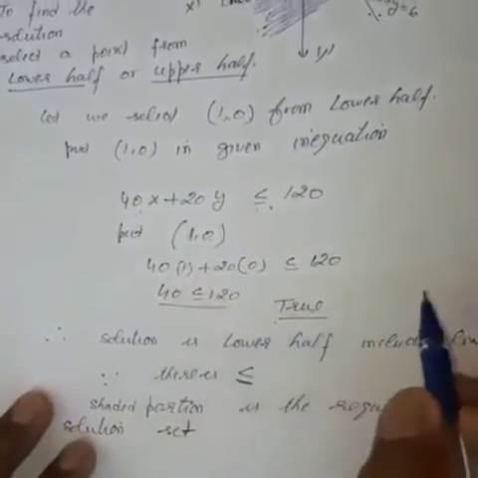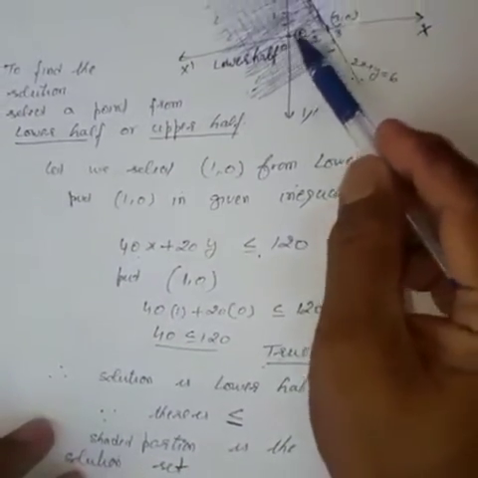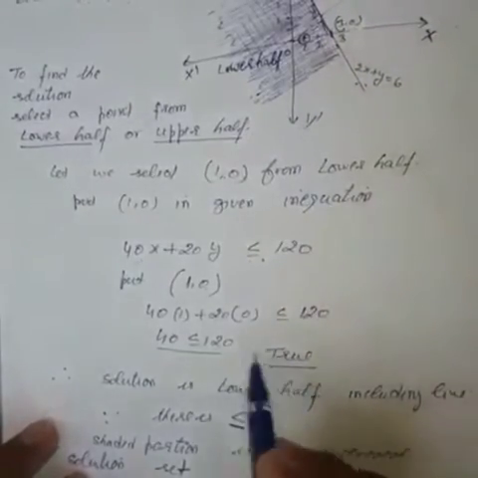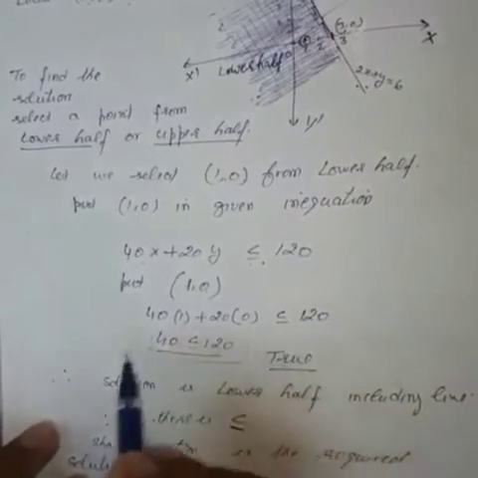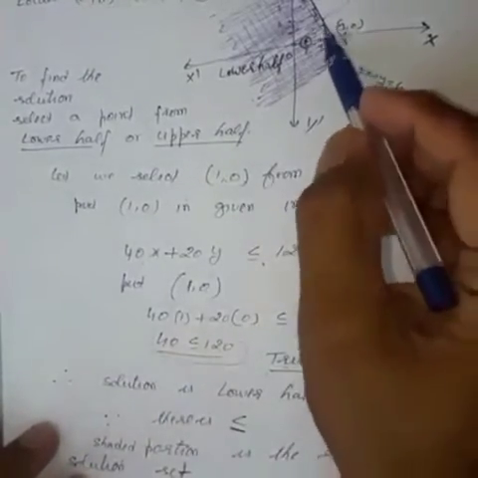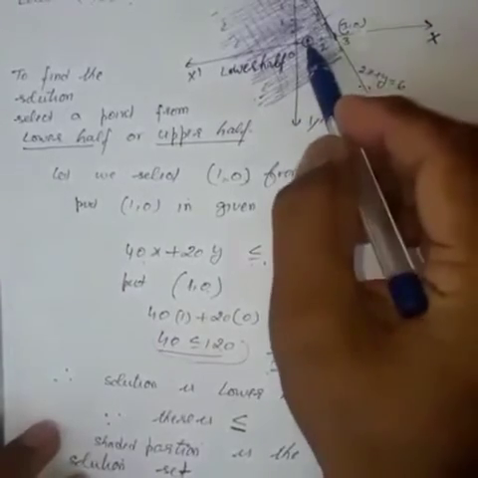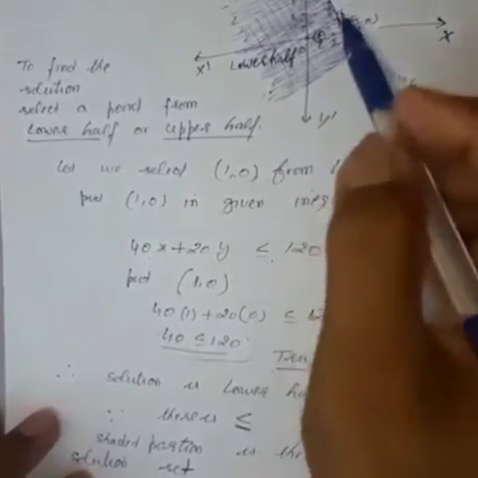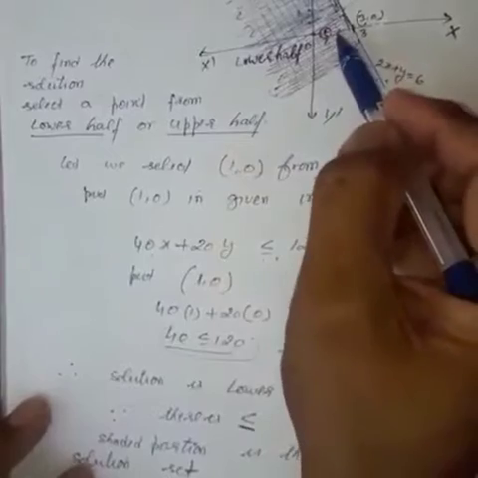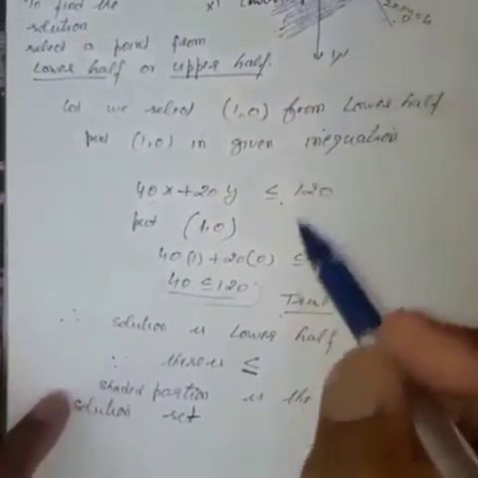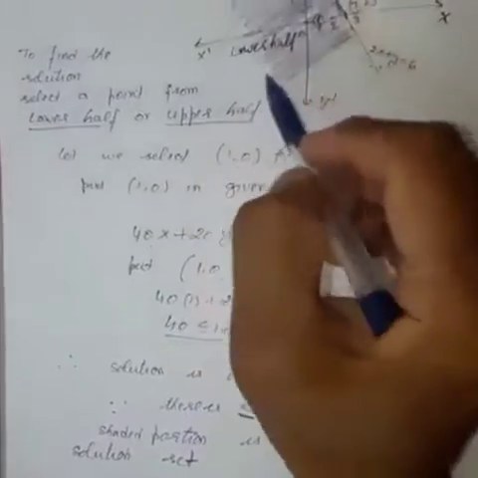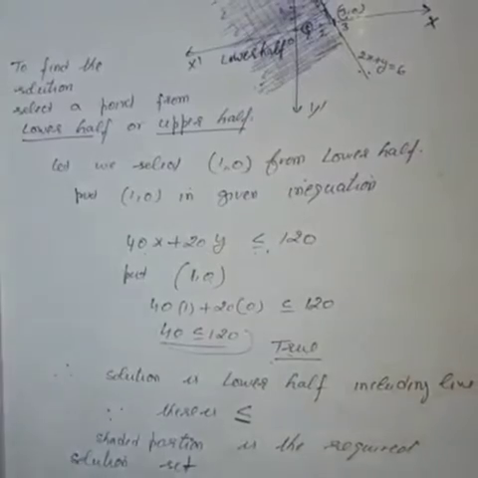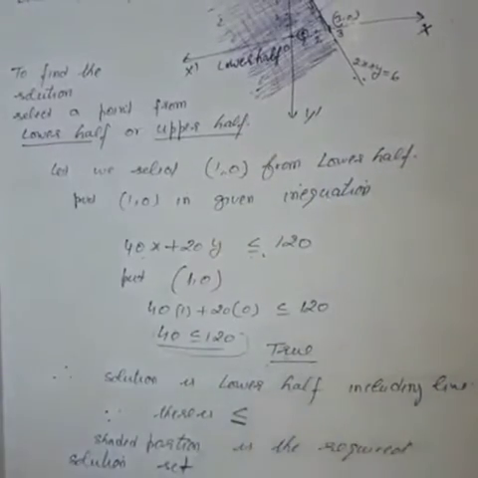Now we have to observe if a true inequality is obtained. This is true. It means we have to shade the region towards the selected point. If we are having a false inequality at this step, then we have to shade the region against the point. If the point lies in the lower plane, then the upper half plane will be the solution if it is false. If it is true, the region involving the point will be the solution. So it means the solution will be this region and we have to shade it to find the required solution set, and the answer will be the shaded region is the required solution set.